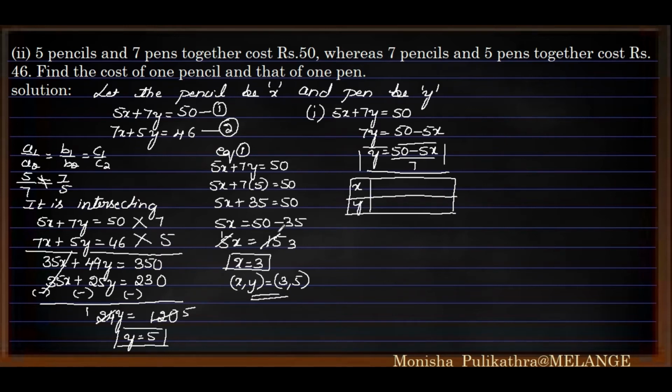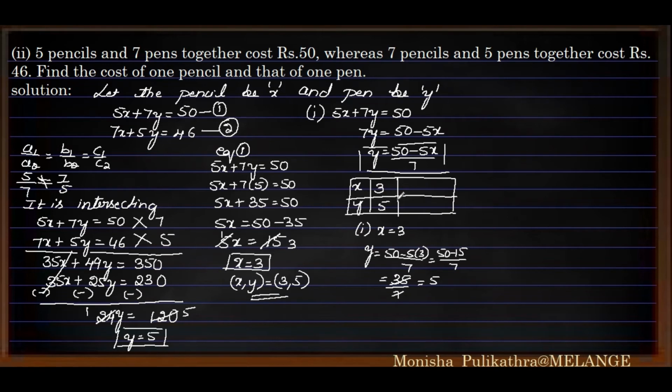So first I will be taking x is equal to 3, because if I take 1 here, 5 1s are 5, so 50 minus 5 is 45, which is not divisible. If I take 2 also, 5 2s are 10, 50 minus 10 is 40, which is not divisible. So directly I will be taking x is equal to 3. So it will become 50 minus 5 into 3 divided by 7, that is 50 minus 15 divided by 7. So 50 minus 15 is 35 divided by 7, that is 5. When x is 3, y will be 5.